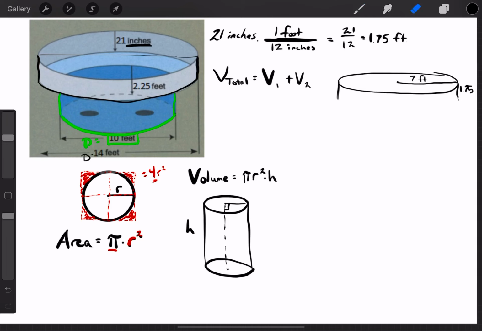So let's go. We've got the volume here. It's going to be pi times the radius squared times the height, which ends up being